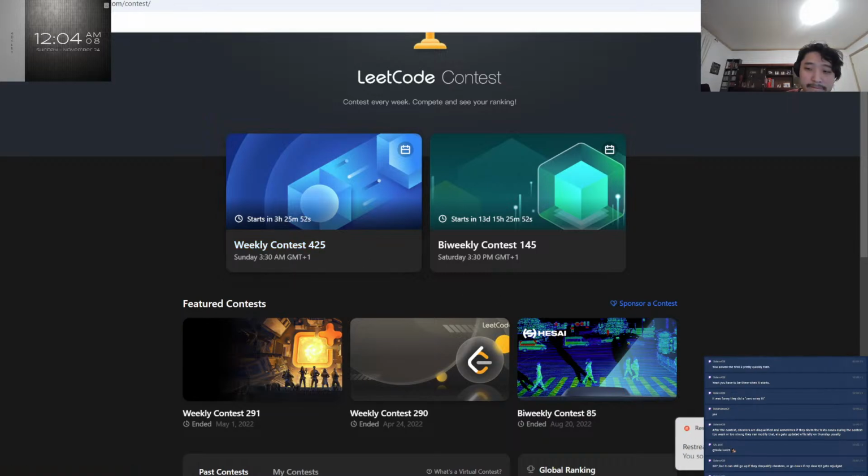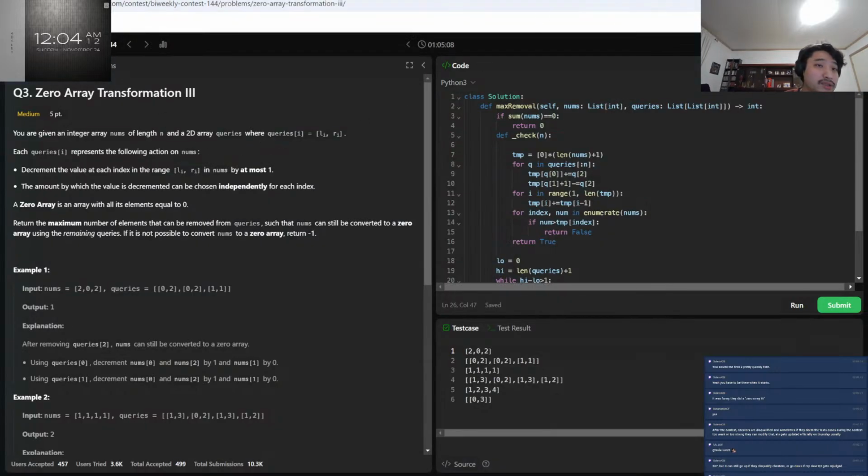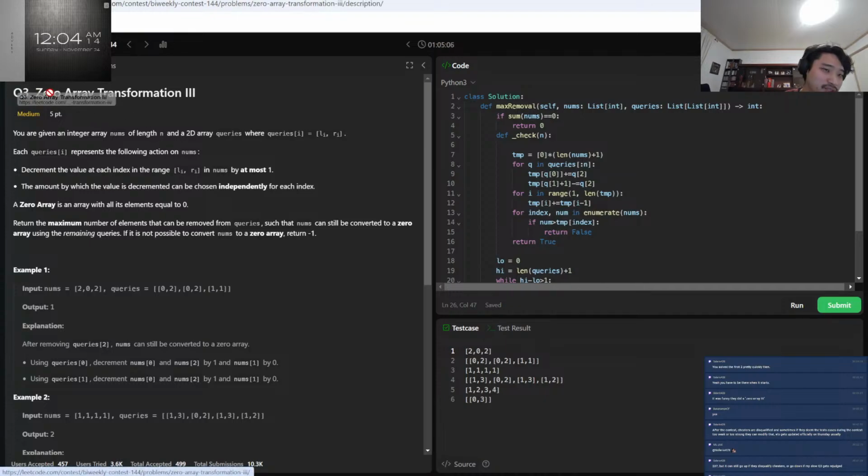Solaris 428. You solved the first two pretty quickly then. Sorry, I didn't solve the previous one. I just skipped to Q3 because I solved the first one really quickly, but I skipped to the third question just because I saw, oh, this is the third one of what I've done before, so I was hoping I would have a better chance.